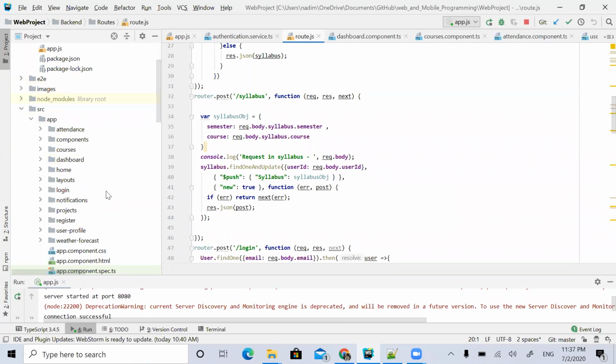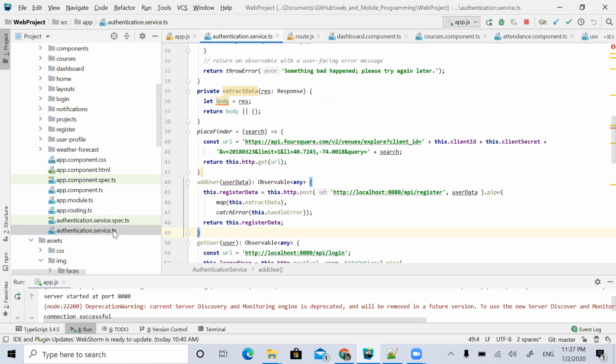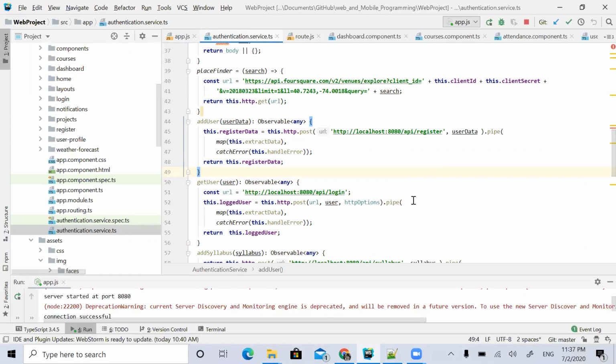When it comes to our UI page, I have created the authentication.service. This service is for making the API calls, getting the user details and posting the details. It's getting the user from my backend, where the host is 8080, and slash login is a method name.